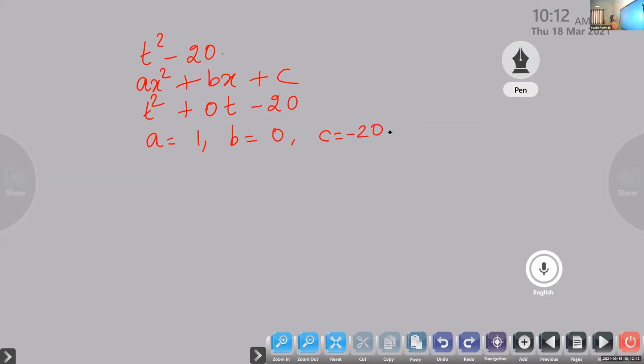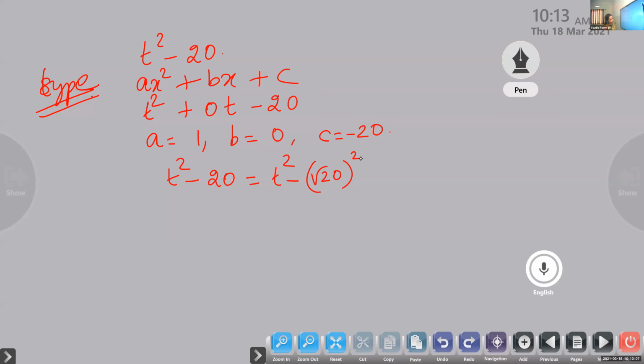Okay, so we want to find the zeros. So now look here. This is the second type. You can note this down as the second type. Here, which term is not there? This root 20, how can we write it? Can we write 20 as root 20 the whole square?